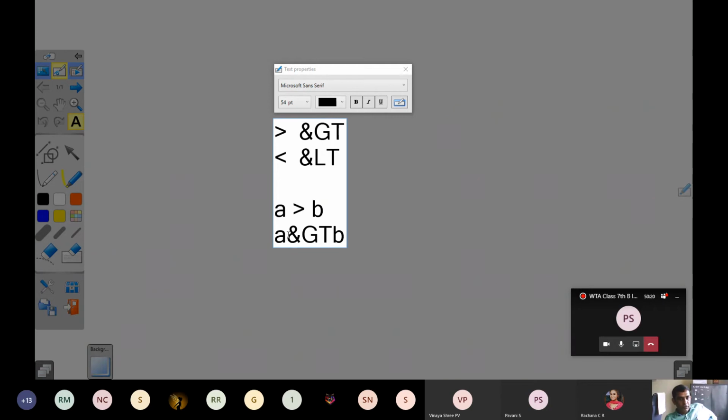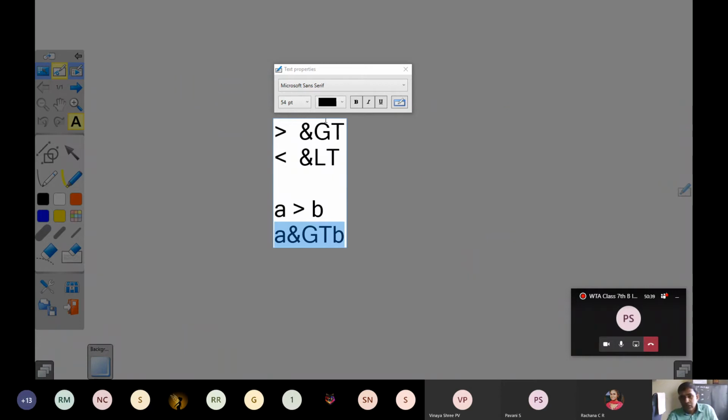The HTML interpreter in the browser will find out this is the character entity ampersand GT, so in place of ampersand GT, it will replace the greater than symbol and you will get this output. But in HTML, you should give this.